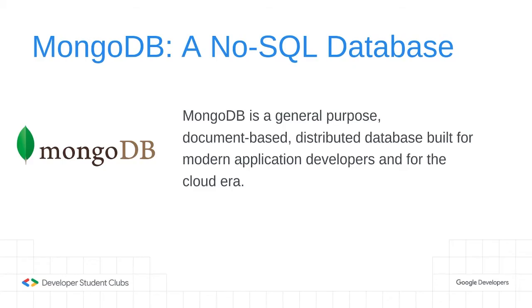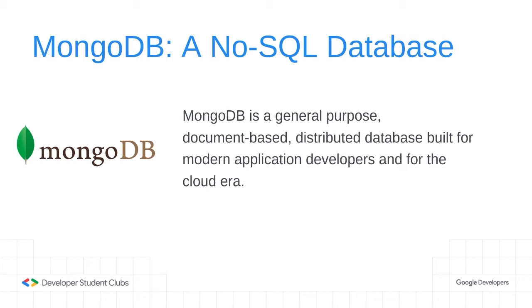Now let's talk about MongoDB. So MongoDB is a NoSQL database that's hosted on cloud, which makes it really easy for us to use as we don't need to set it up on our system. All we need to do is create an account with MongoDB Atlas and create a cluster. Later we can connect this cluster to our node application for accessing the database from it.